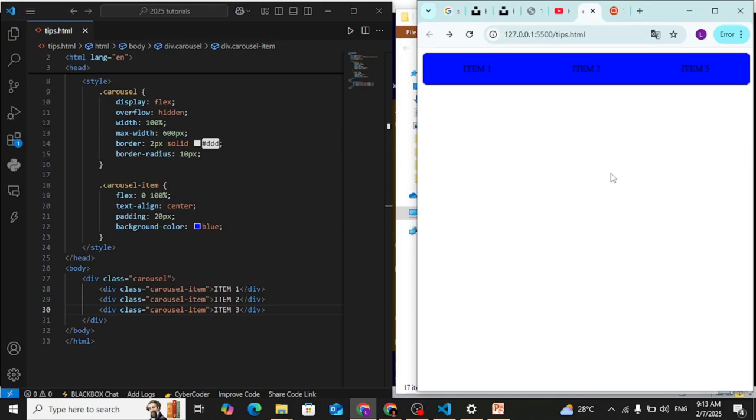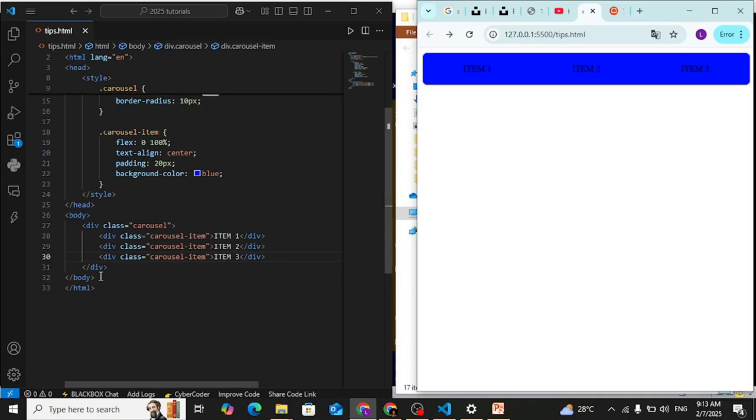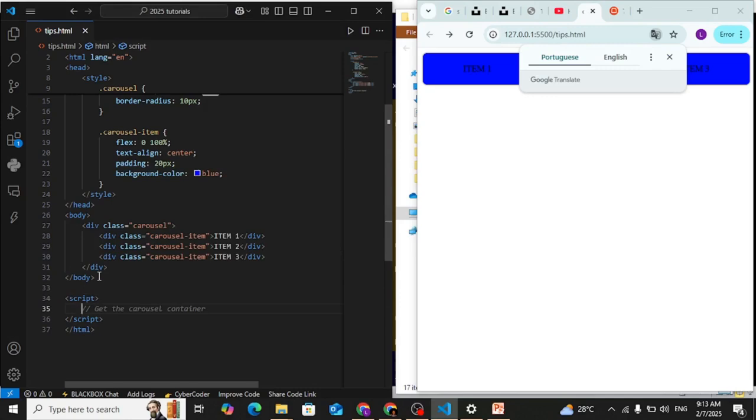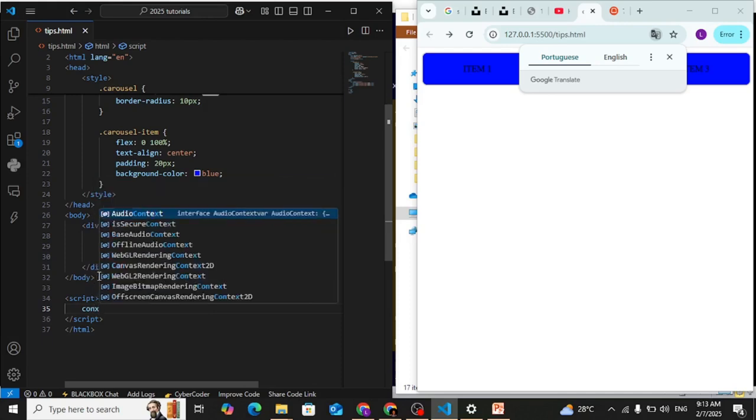Now let's go on to make this have some movement. That brings us to step three, which is adding JavaScript for sliding effects. So how do you go about that? Come after your body tag and create a script tag, which is for JavaScript to add some movement. And then you take const, for example,